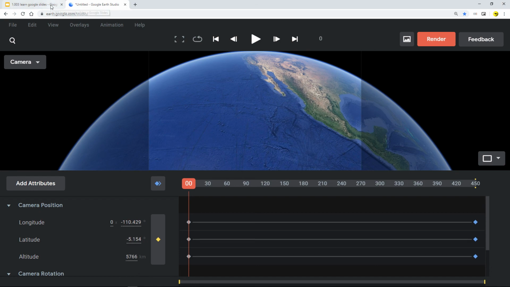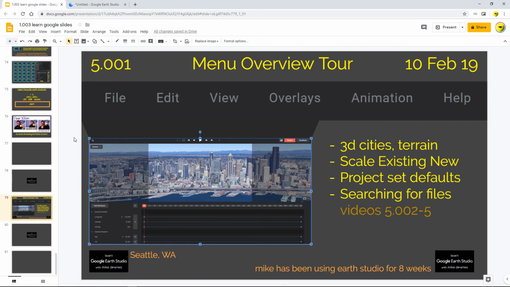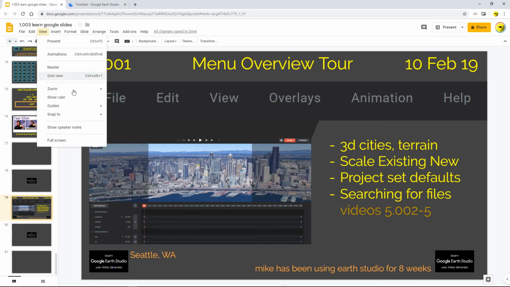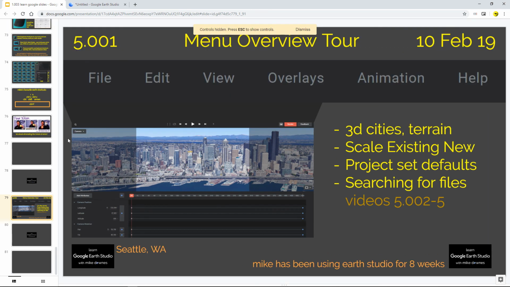I would say that going back to my original slide here, going on to full screen, I have covered a very fast, he says, at 8 minutes 40, menu overview of Google Earth Studio. I'm particularly making these because for brand new users, and the next look will talk about actually 3D cities,